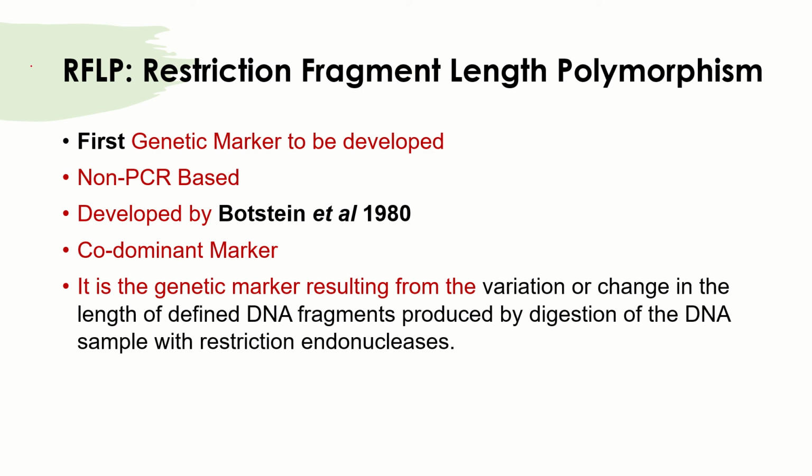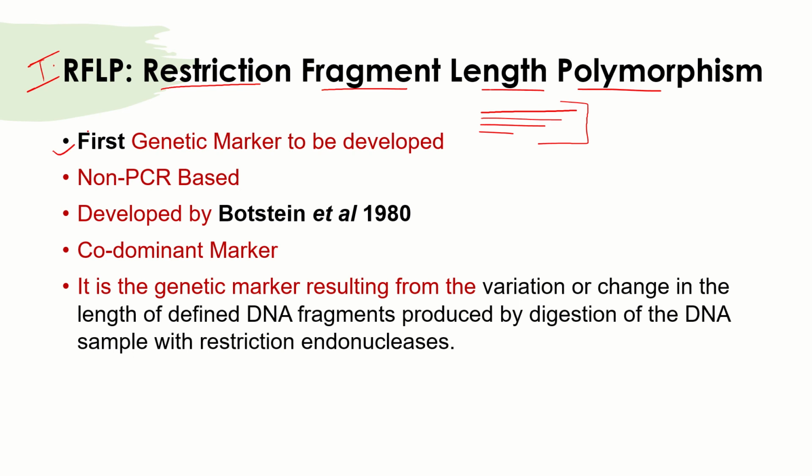So the first genetic marker that we'll discuss in detail is RFLP. It stands for restriction fragment length polymorphism. It means we are talking about the length of restriction fragments and their variation, meaning polymorphism. For example, if there is a restriction fragment of this length, another fragment of this length, then this length, what is the variation in them? That we study. That makes the criteria of this analysis.